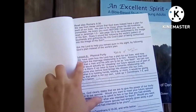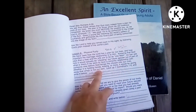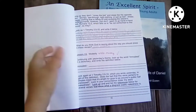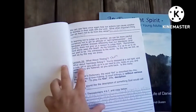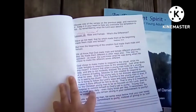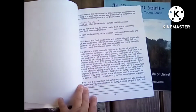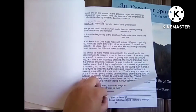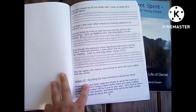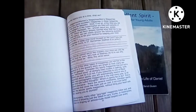So she touches on a lot of really good topics as far as purity is concerned. Lesson 8, physical purity. Lesson 13, modesty, and she talks about men and women as far as modesty is concerned. Lesson 16, what about flirting? 18, male and female, what's the difference? So she gives scripture and then a little bit of talking, and then asks questions on what they can do. Let's see, lesson 27, guarding our eyes and ears to guard our mind. And so on,